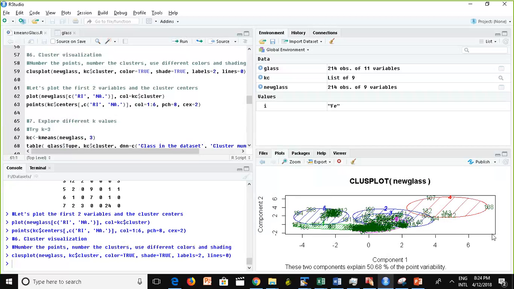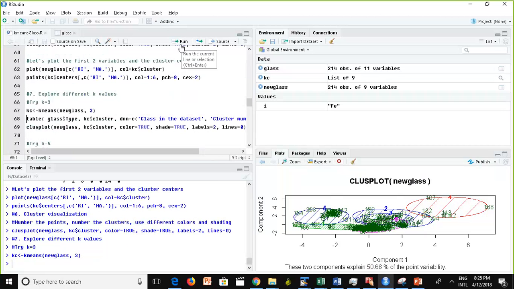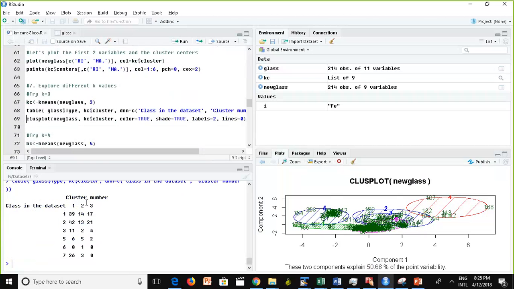Okay, now take a look at this. See this overlap? Just by looking at it, I see 1, 2, 3, see this? 4. Well, I would think there are 4 or 3, right? But I need to tell you that the results are different if you don't scale the data, and if you scale the data, you don't get the same results, honestly. So now let's try k equals 3, right? I'm going to try that, and now I'm going to do the cross tabulate again,